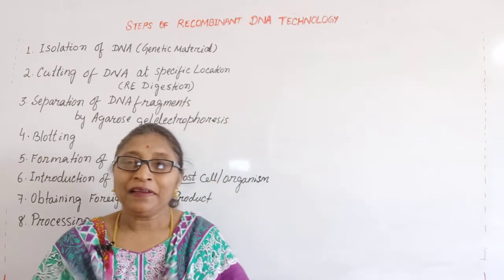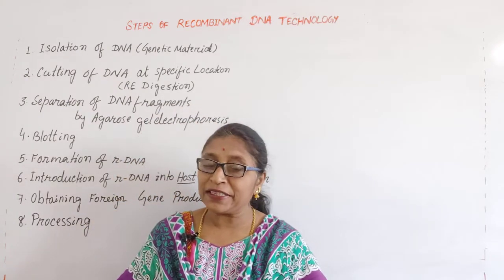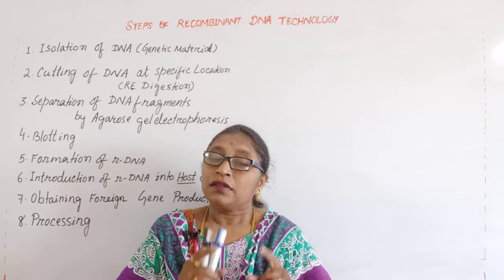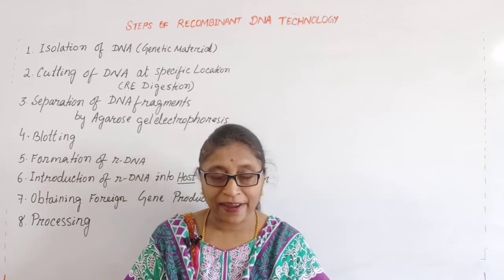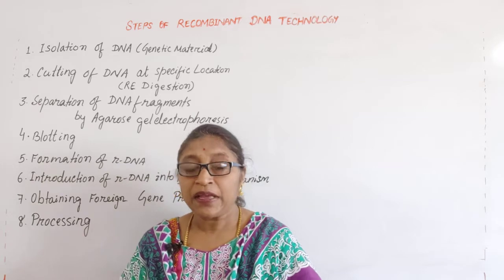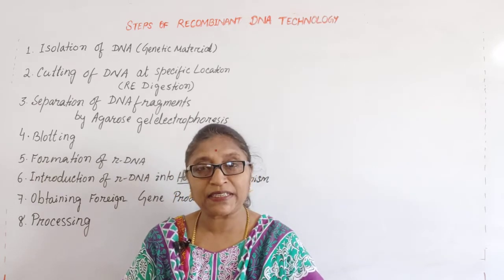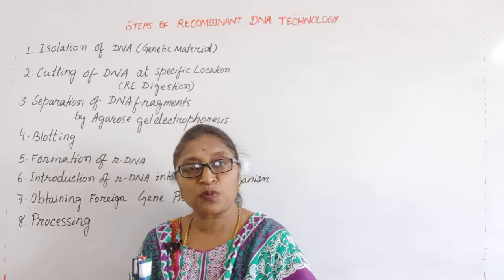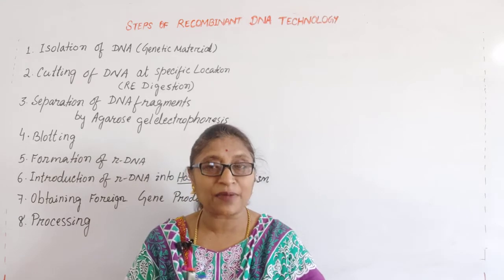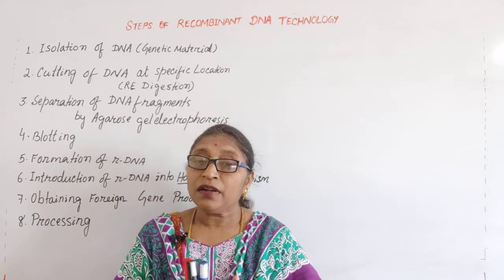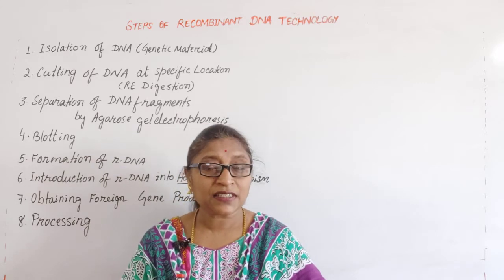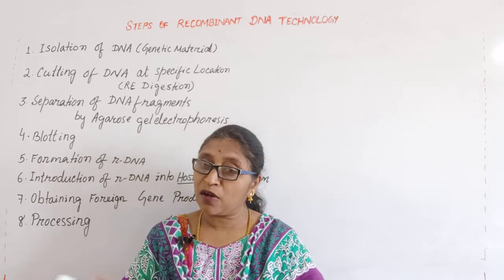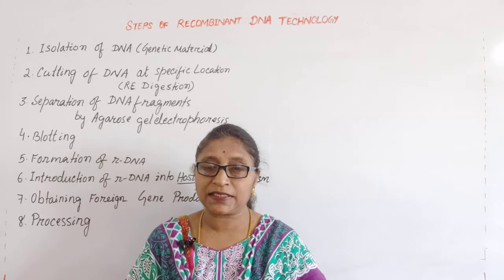Hello students, in the previous session what did we discuss? We discussed the tools of biotechnology: the enzymes and cloning vectors. The cloning vectors can be plasmids, phagemids, cosmids, yeast artificial chromosome vectors, bacterial artificial chromosome vectors, plant viruses, animal viruses, or bacteriophages, the viruses that infect bacteria, which are commonly known simply as phages.